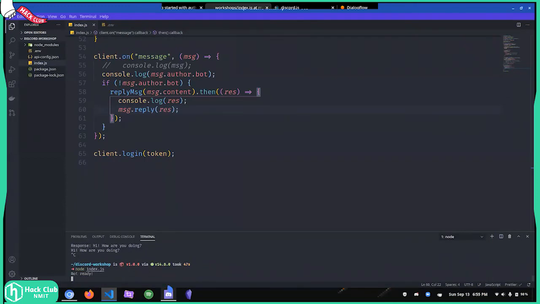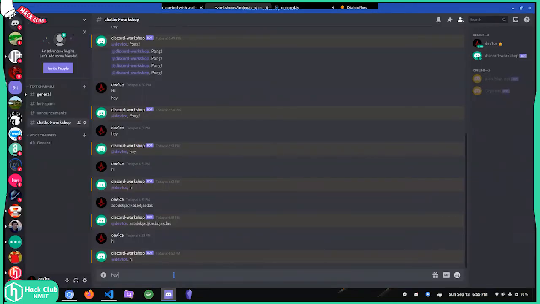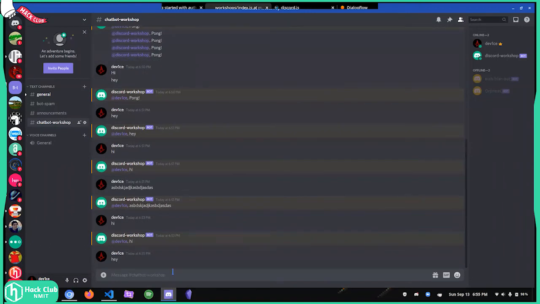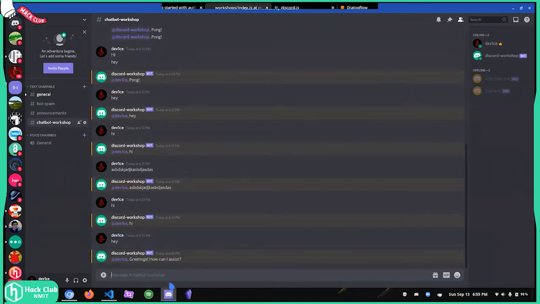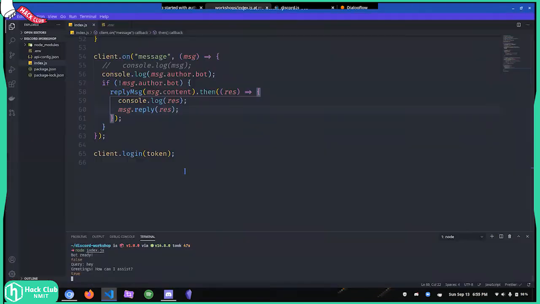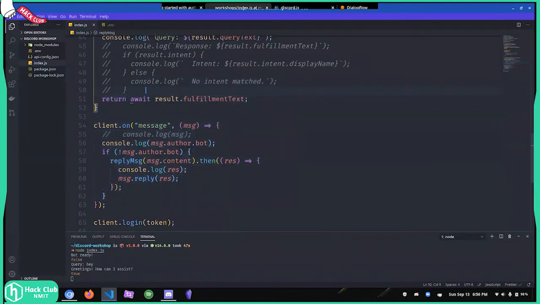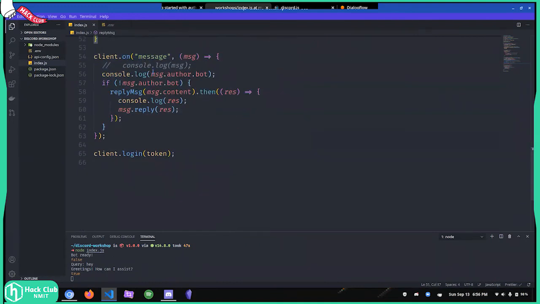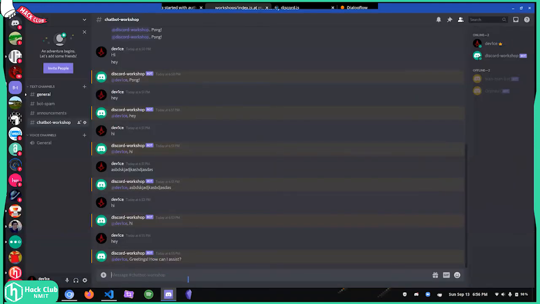The bot seems ready. Now if I say hey, give it some time. There you go. It says greetings, how can I assist? Now I think the bot is 95% complete. You can clean your code around here, like all these comments. If you want, you can remove them, or keep some, or remove some console.log statements and everything. Now the bot seems to work. So now if you type hello there, General Kenobi.